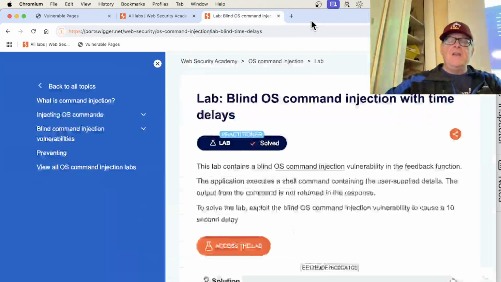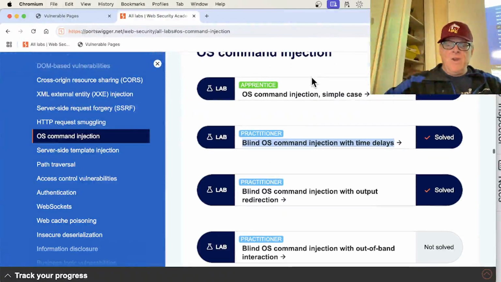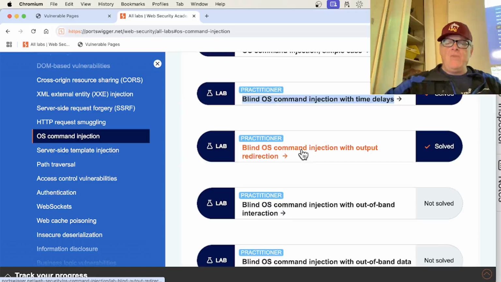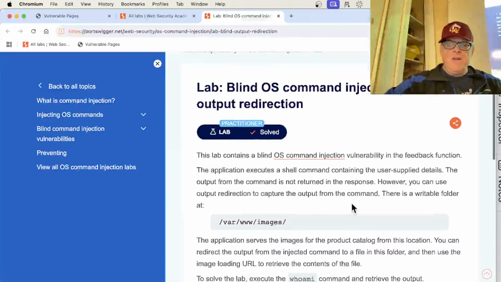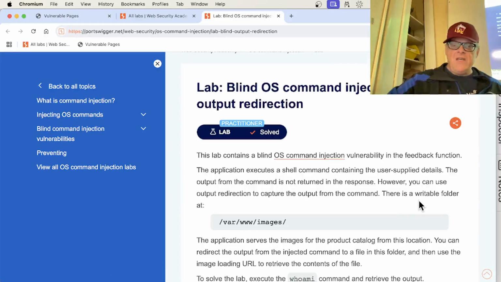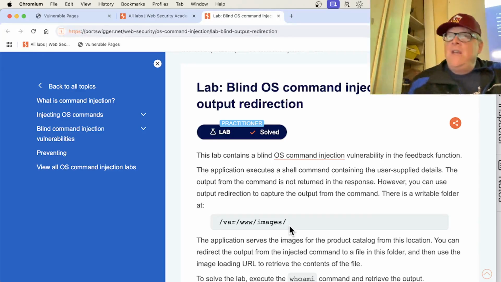All right, that's blind command injection. And here's another blind command injection with output redirection. Let's try this one. In the feedback function, you have command injection. It executes a shell command containing the user supplied details. The output is not included in the response. However, you can use redirection to write into this folder, var www images, and this is like the one you did with the